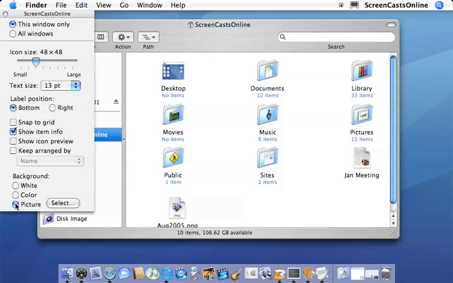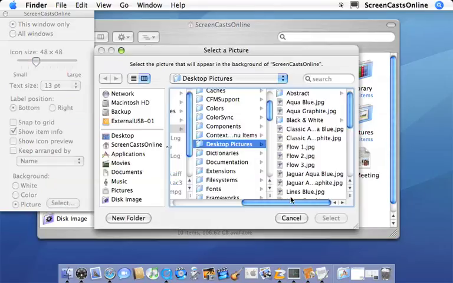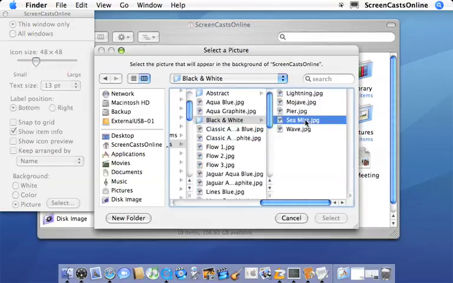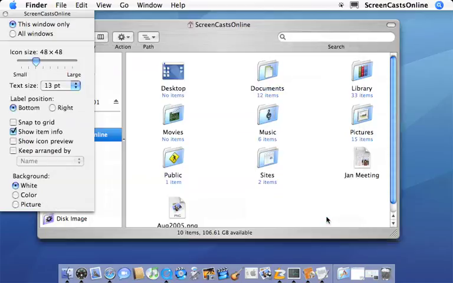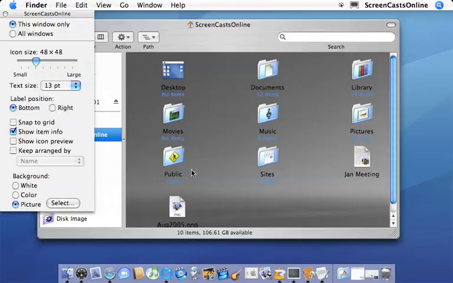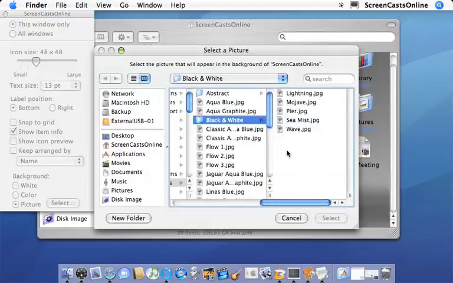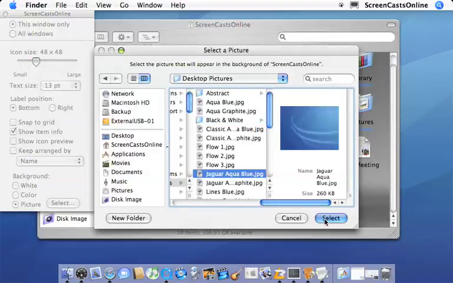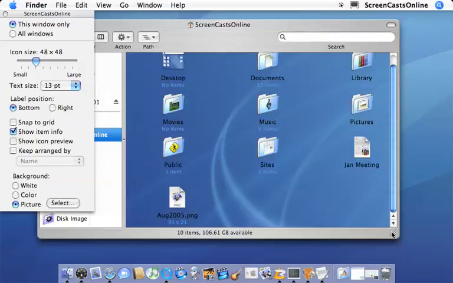To have a picture, just select the picture, and let's see, a black and white sea mist. Oops. Let's try that again. Oh, there we go. That's quite a high resolution picture, so that's probably not a good selection. So let's just try another one. There we go. Okay, so you can change your picture, and again, you can do that for this window